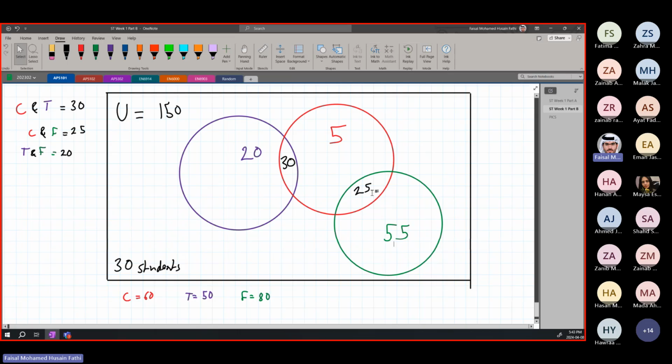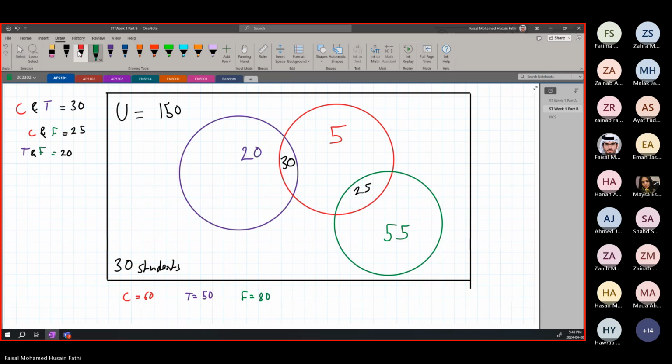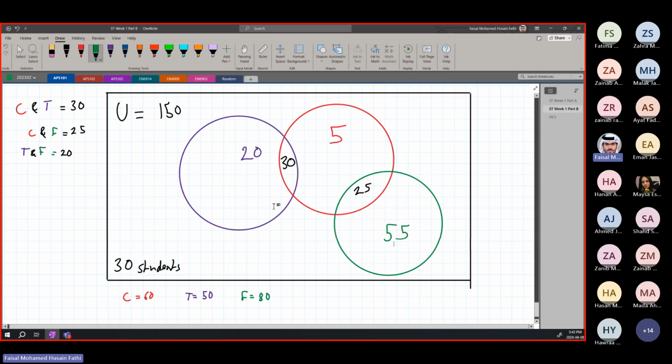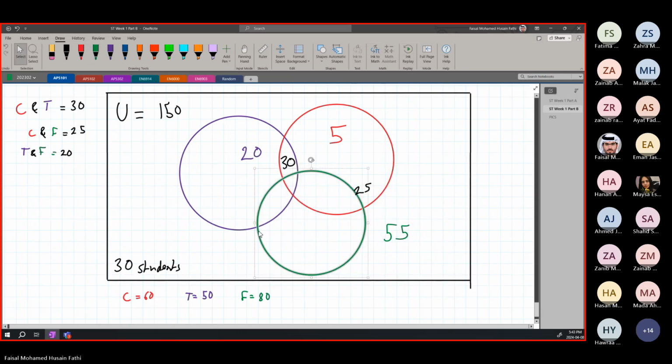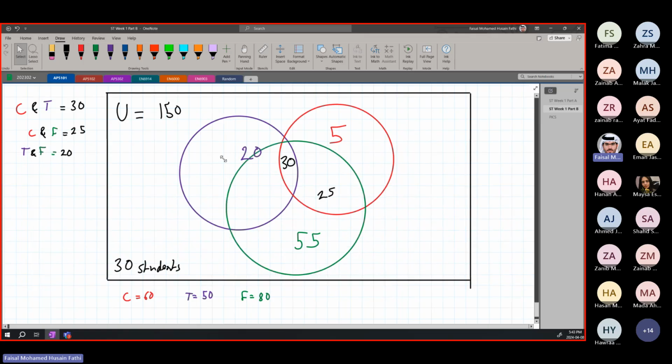Okay? Again, now we have 55 here. We also have a sharing between this. If we move this a bit more to the side, we have sharing that is happening between the 55 of football and tennis. We know that 20 of them like it. So it is going to actually look something like this now.